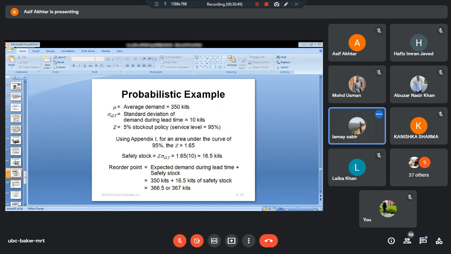Sir, that's a very relevant example that you have shared. With this example, I think it is clear to all of you that what we are talking about is not theoretical. You can understand that this is why probability is included. Probability is always included, and I have seen these same calculations for calculating the reorder point.